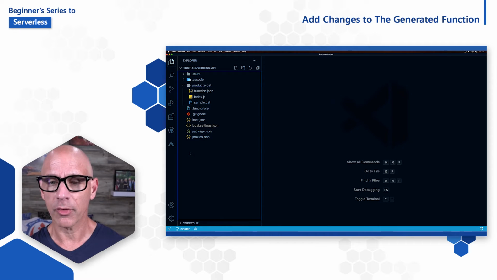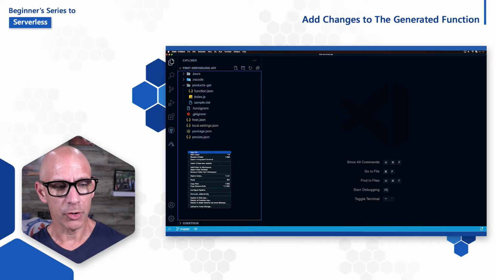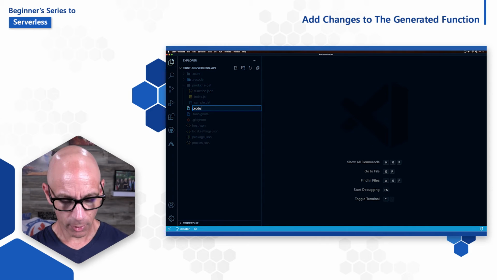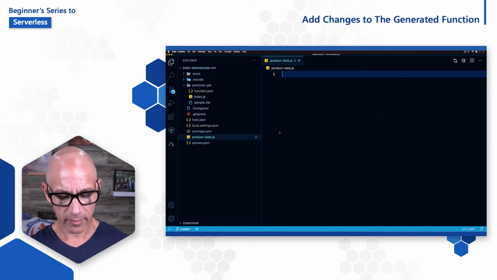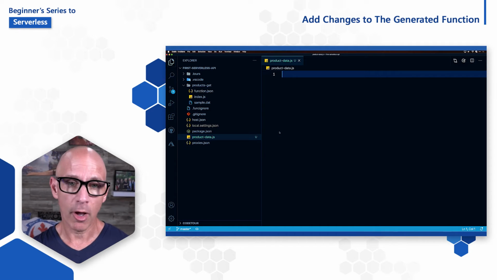To do that, let's go to the left-hand side. We're going to add a new file by right-clicking. We're going to call this file products.data.js, just like that. And then inside the product data file, it's going to get a list of products like